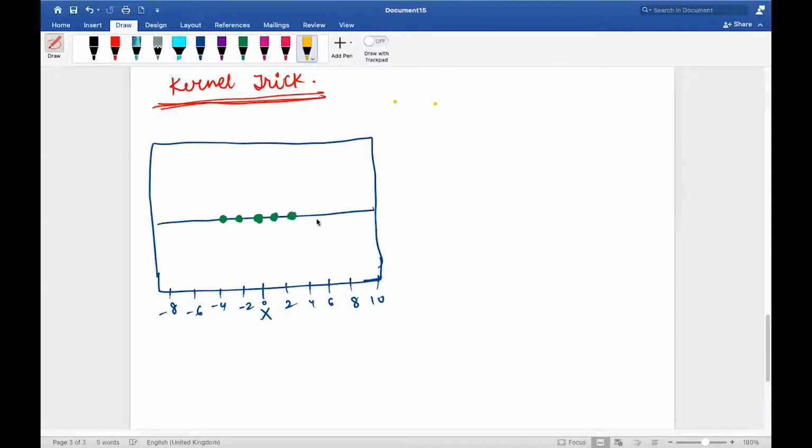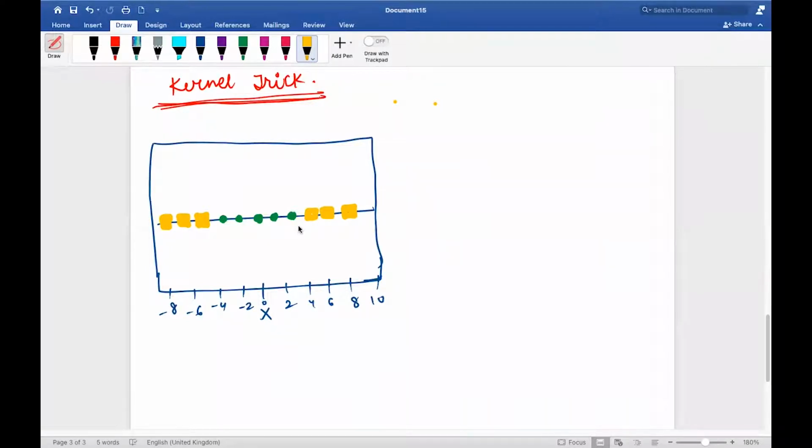Let's take a bigger one, okay? What I'll do is I'll make it like this, right? So this is another class. Understood? Okay, so this is 1-dimensional, right? I said that in 1 dimension you can separate with a point. Are both classes separable by a point? No. It is not linearly separable. Yes or no? Honestly, this is not linearly separable, right?